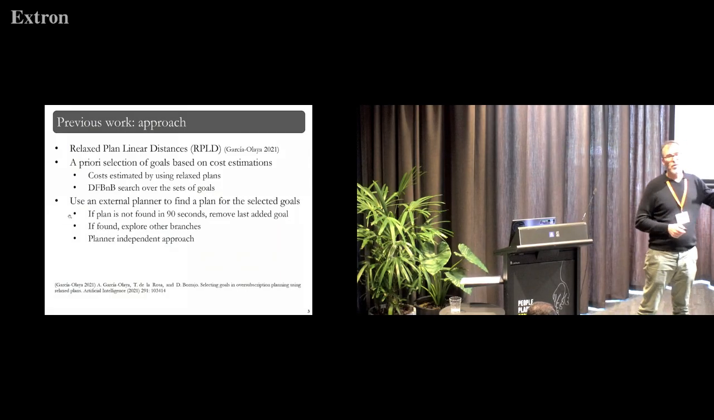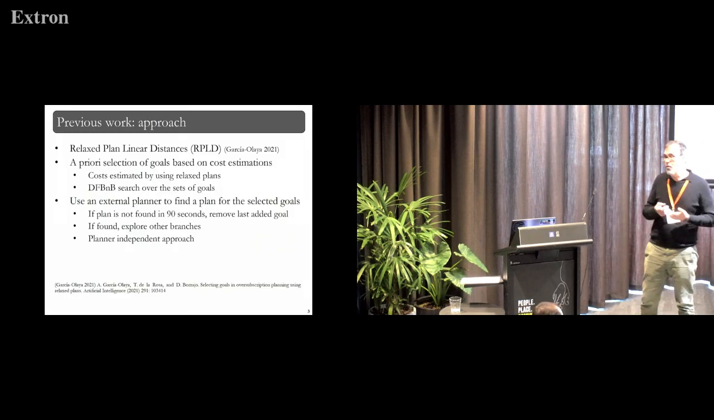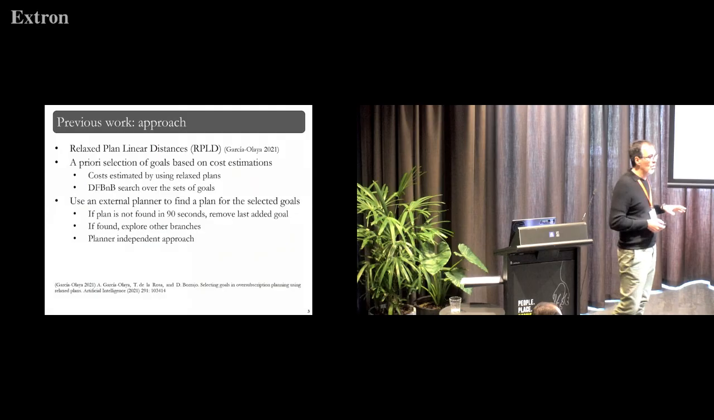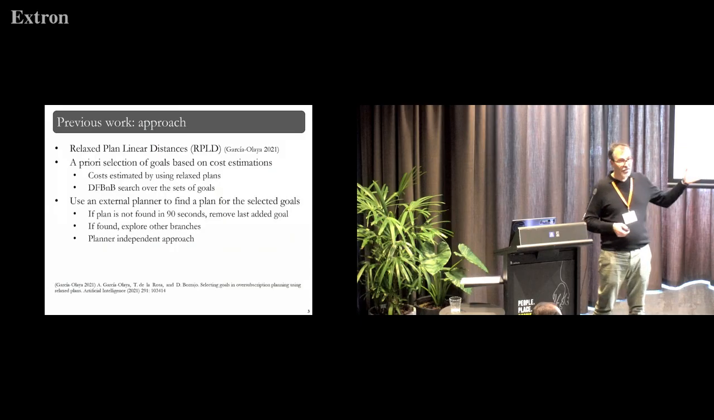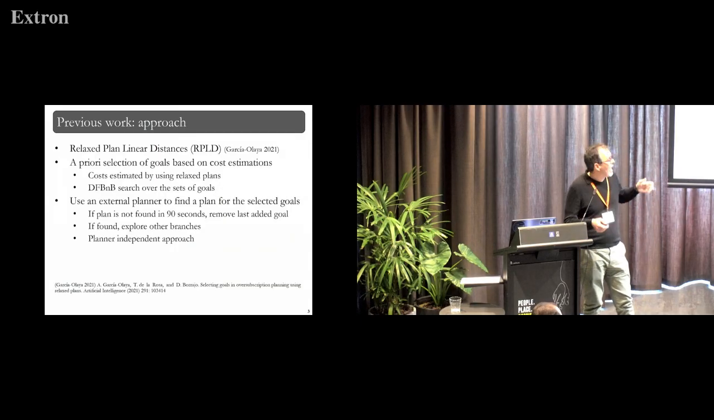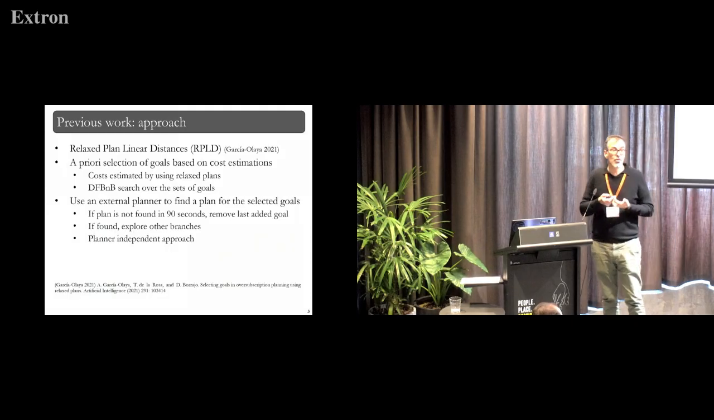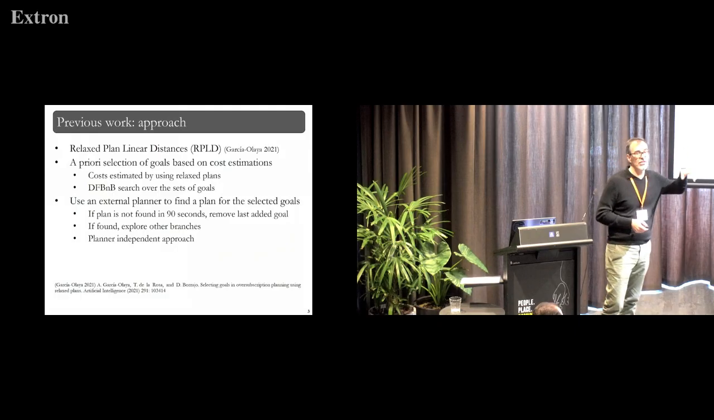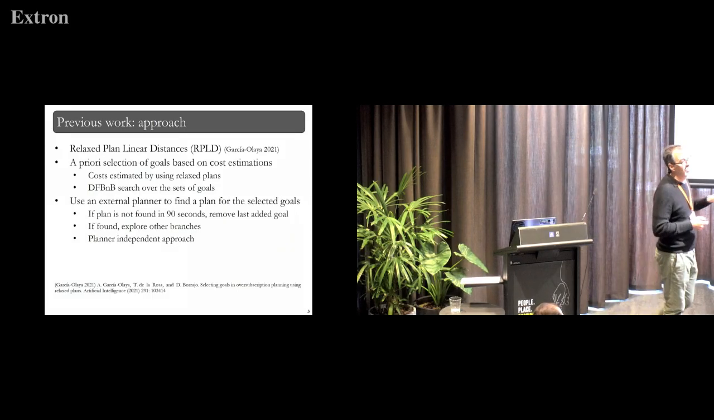In this work, we are starting from a previous paper that we presented in 2021, in which we did an upfront selection of goals. We estimate how costly it is to achieve every goal, and select a set of goals that we think is achievable. Once we have this set, we provide it to an external planner. The external planner will try to find a plan for some time, in our case 90 seconds. If after 90 seconds no plan has been found, we decide that the set is still oversubscribed, that our estimations were not good. Then we remove the last added goal and provide the reduced set to the planner again,